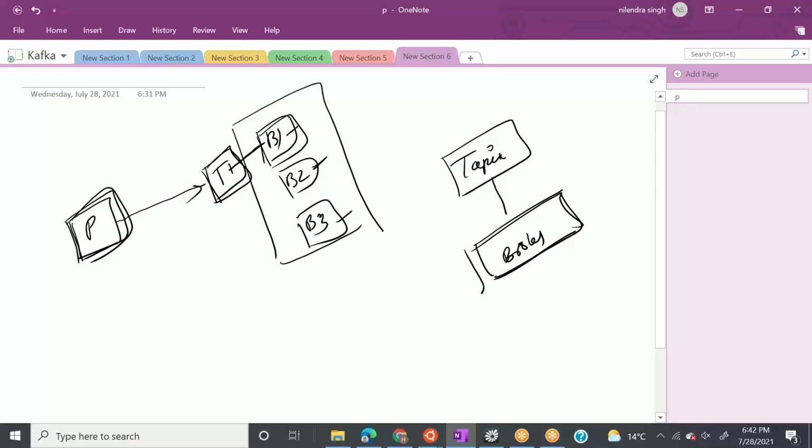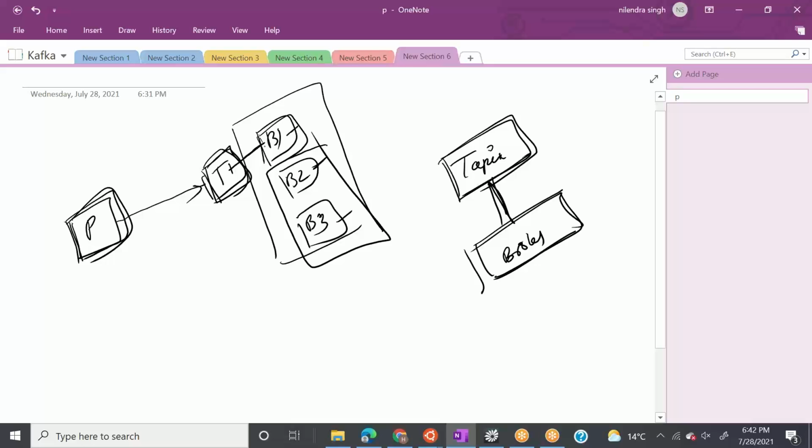So now we know there's something called a topic, which will be the interface between your producer and your Kafka cluster. But now the question arises again: what happens if we want to do some parallel processing? This topic has a one-to-one mapping with the broker. So what happened to the other two brokers now? Let's say we have a 3-node Kafka cluster and a topic created on B1.